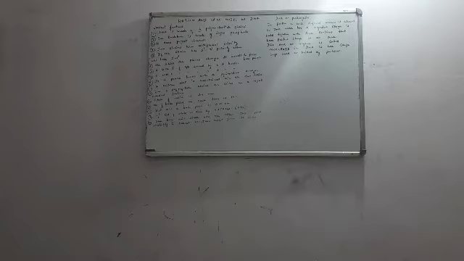Fourth point, the 2 chains have anti-parallel polarity. Both the chains, we said there are 2 polynucleotide chains, so both these chains will have anti-parallel polarity. Means, if one chain has 5' to 3' polarity, the other will have 3' to 5'. What we simply write is 3'5' or 5'3'.